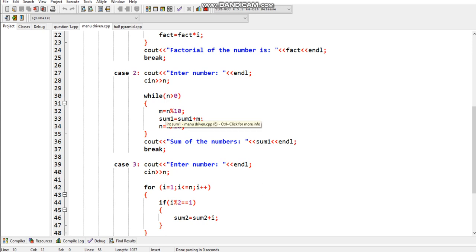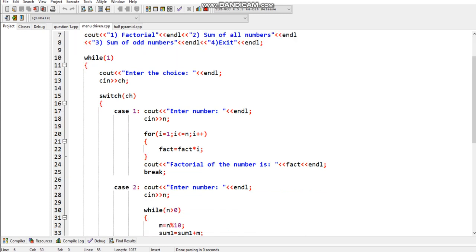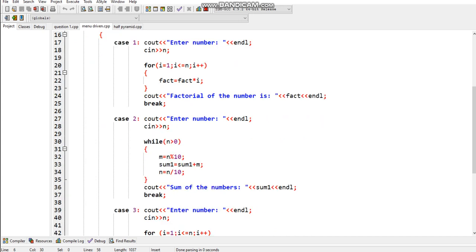So here is the sum: sum equals sum plus m. Above, we have declared sum and initialized it to 0. So here it is 0 plus m. The number which is mod will be stored in m, and here is the output.